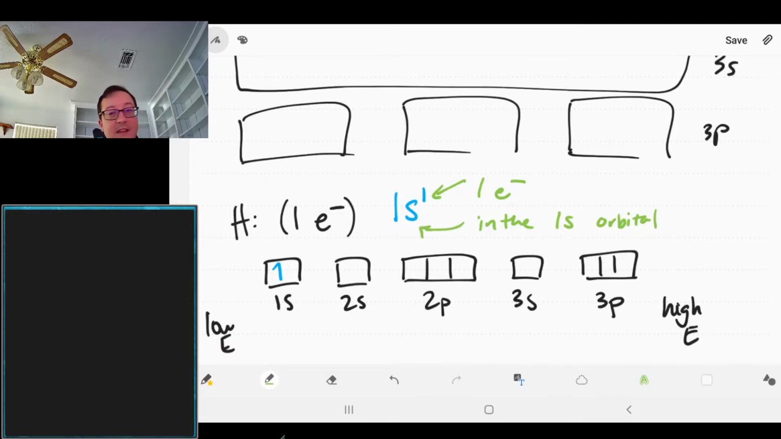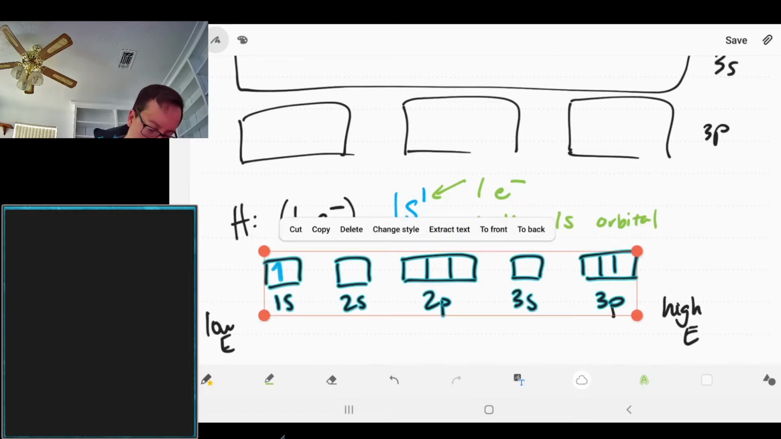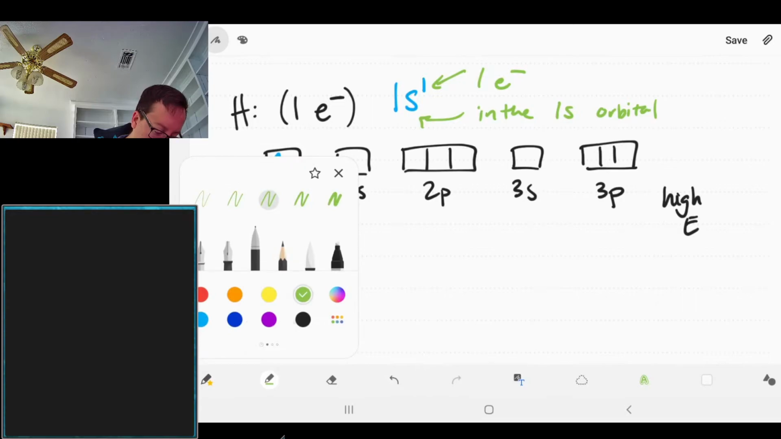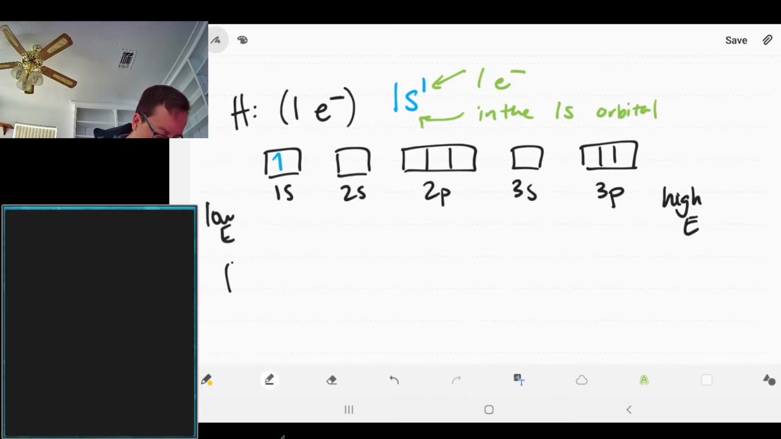So we'll say the name of our orbital, our subshell, and how many electrons are in it. So hydrogen has got 1s1. So it has 1 electron, and that electron is located in the 1s orbital. Not very exciting, but I'm going to actually copy this. If we look at helium, which has 2 electrons,